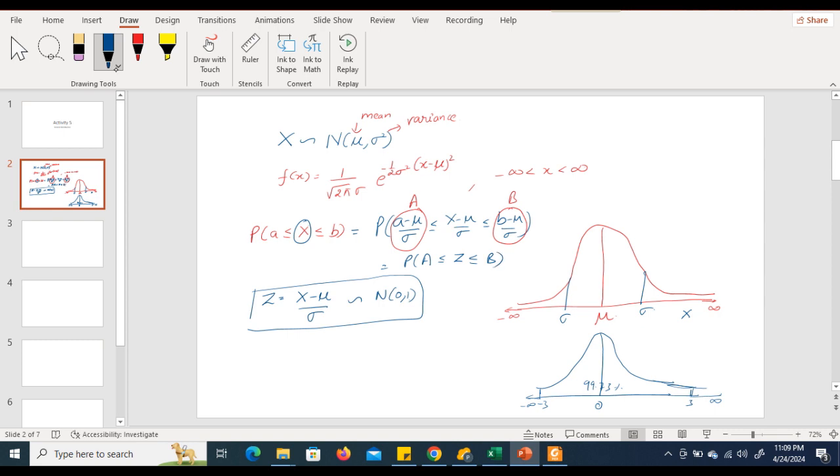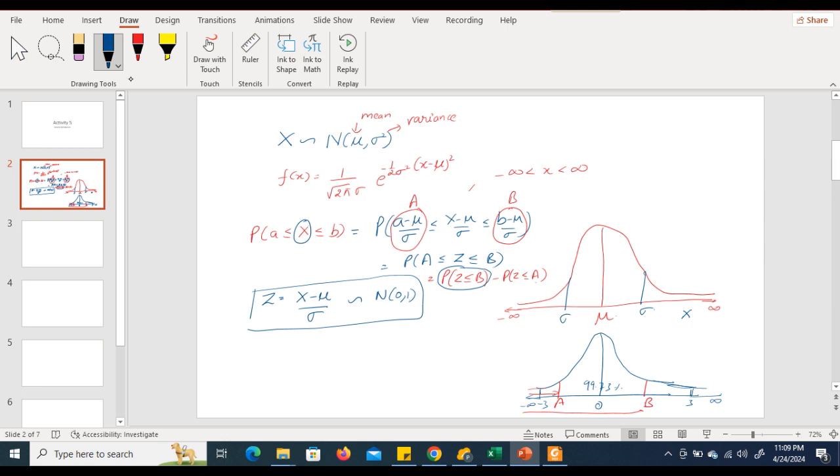So it means that if I want to calculate the probability from point A to point B, how can we calculate this? We calculate the probability up to B and then subtract the probability up to A. This is the area property, right? So this is equal to probability Z is less than or equal to B minus probability Z is less than or equal to A. And this is nothing but the cumulative distribution function of Z